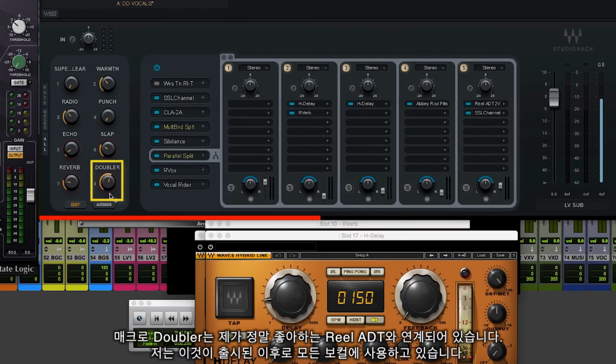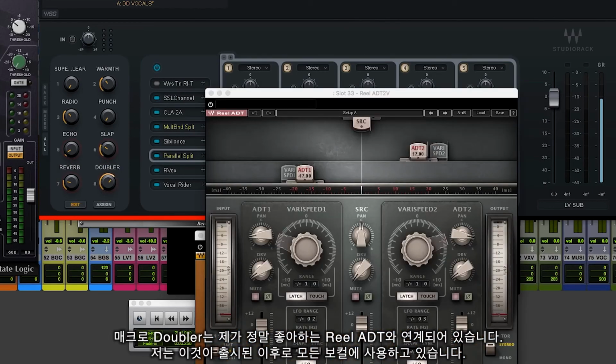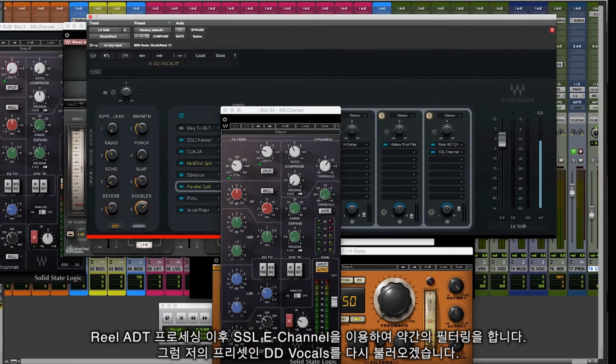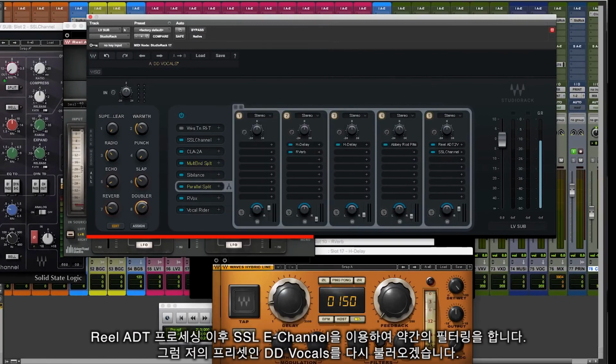And the doubler level here, which is my favorite ADT. I live by this. I have it on just about every vocal that's come out since this plugin dropped. And after the ADT, we have a little filtering. So let me just reload. Since I've been moving things around, I'm just going to reload